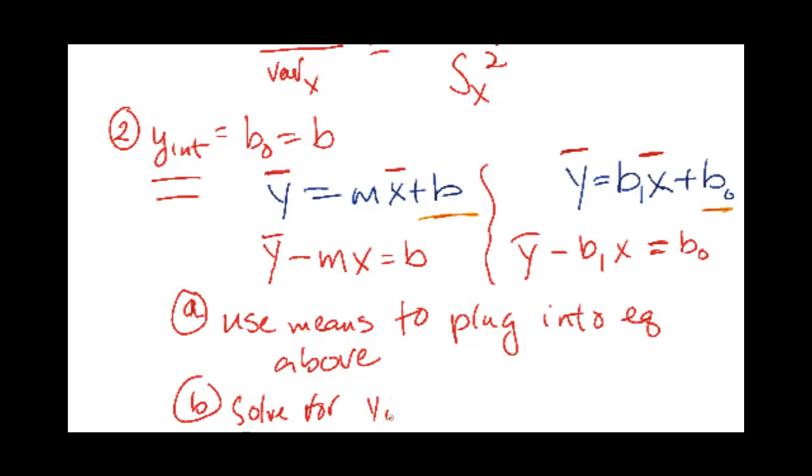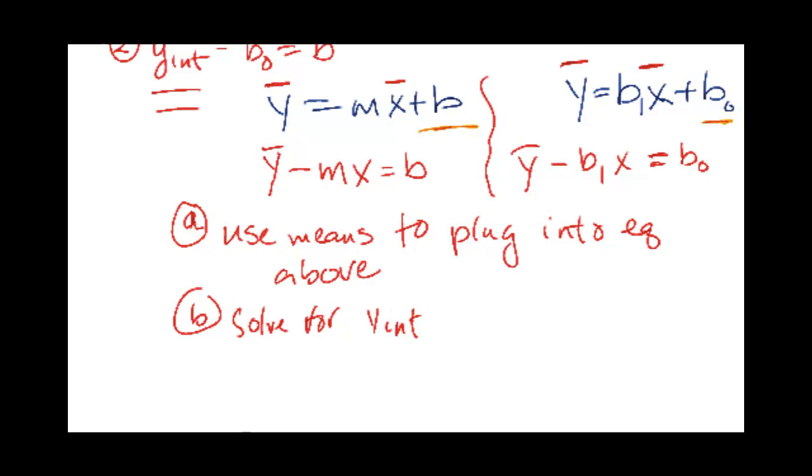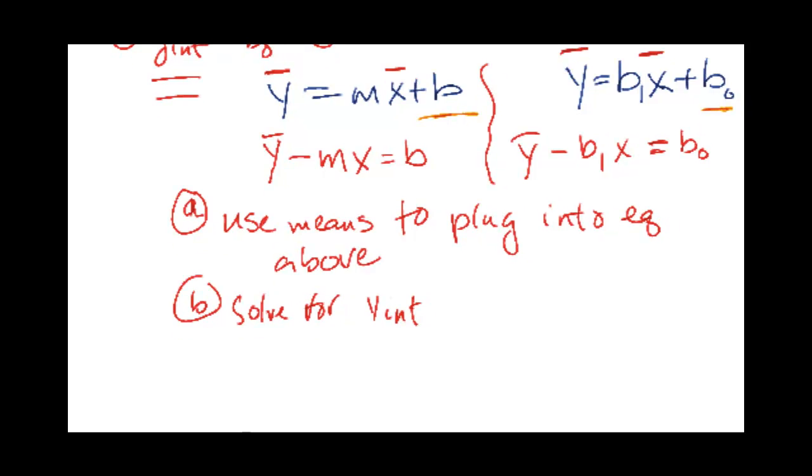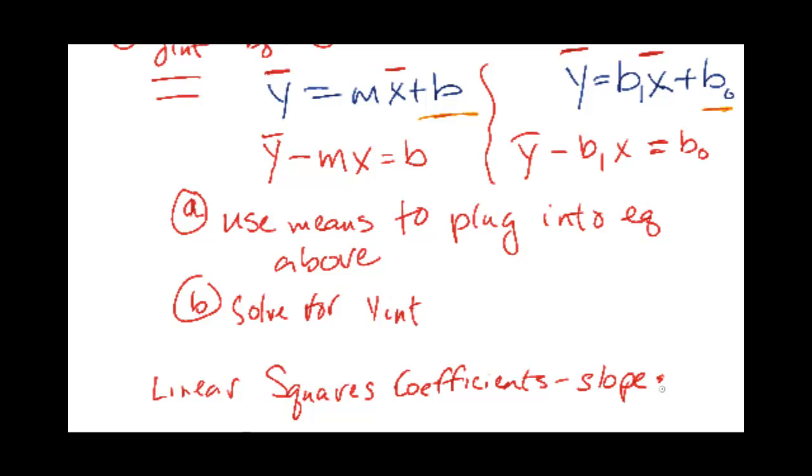And after you've done that, then you have found your least squares coefficients. So if you see that, that's what they're asking you for, your slope and your y-intercept. They might ask you to find the equation, just plug into your y equals mx plus b,